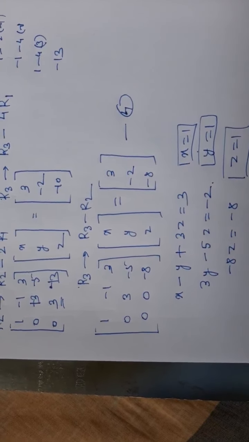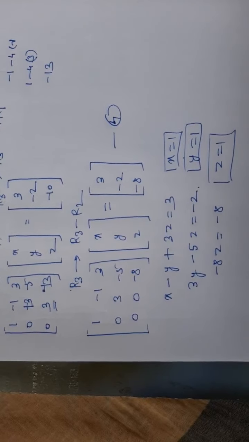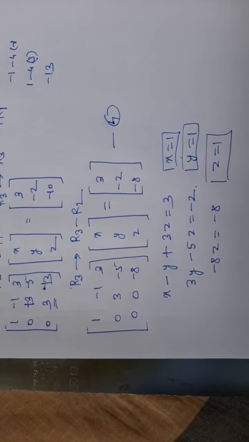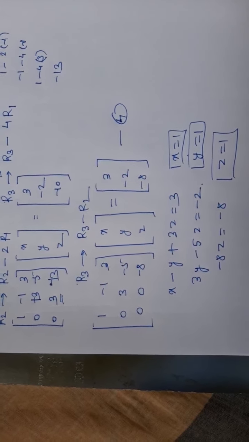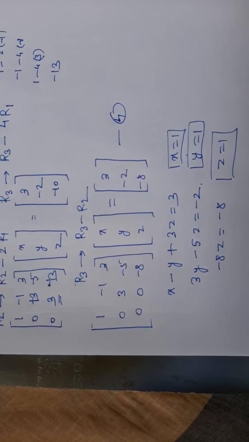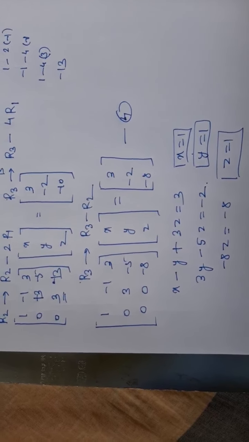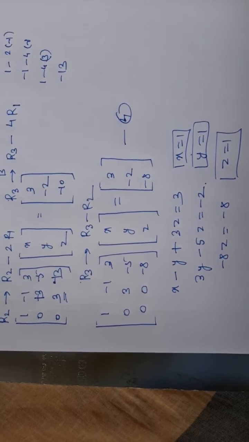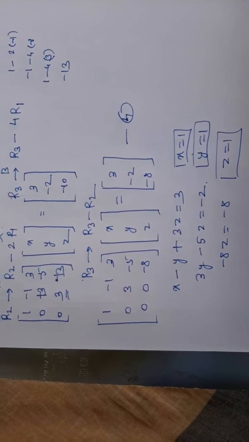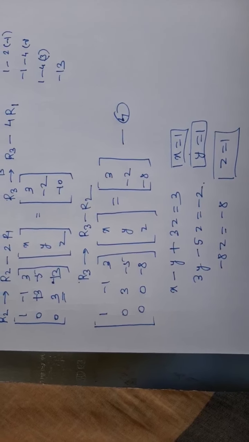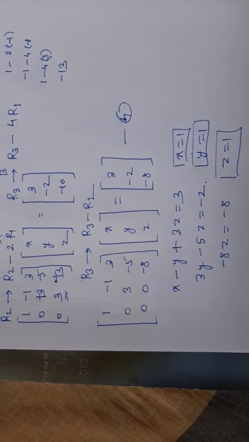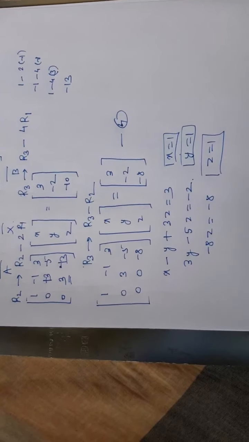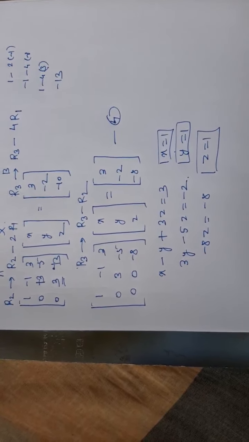So this is about the Gauss elimination method. In the Gauss elimination method we have seen how to find the values of unknowns. The method is: first we have to write the system of linear equations in matrix form. Then we have to apply elementary row operations on matrix A as well as on column matrix B, and reduce matrix A to either an upper triangular or lower triangular matrix. Then by using the back or forward substitution method we will get the values of x, y, z.